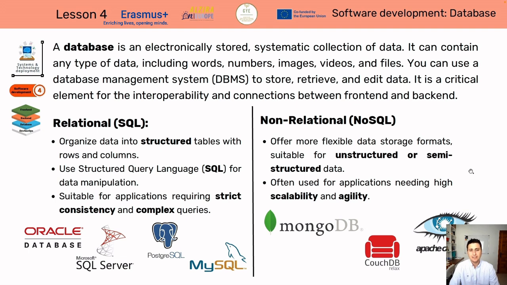And data is key, as you know. Informatics comes from information and automation, and the element related to information is data. So this is a critical element that allows us to connect front end and back end, and exchange information or data between different software or applications, and also process them, extract conclusions and insights, and generate statistics and reports. Everything is related to data.